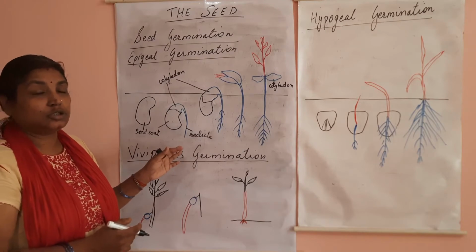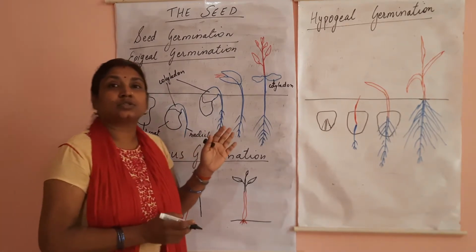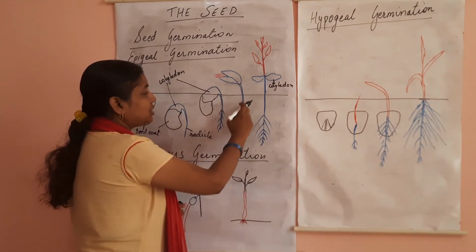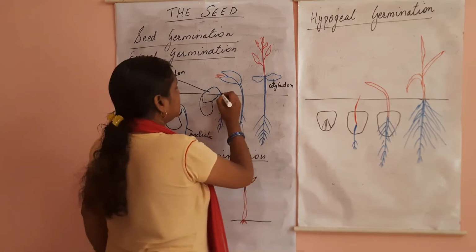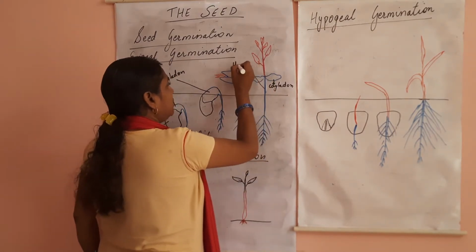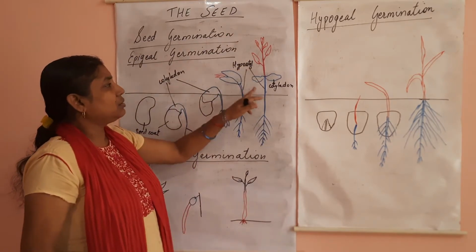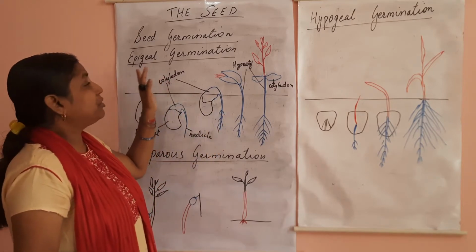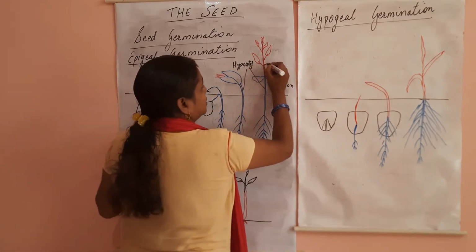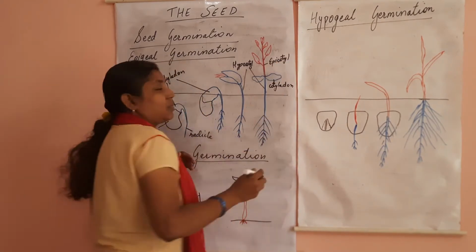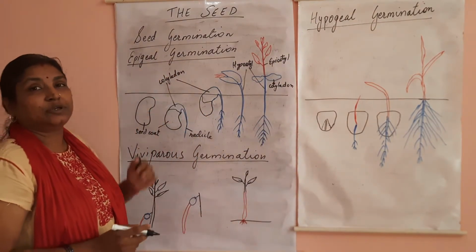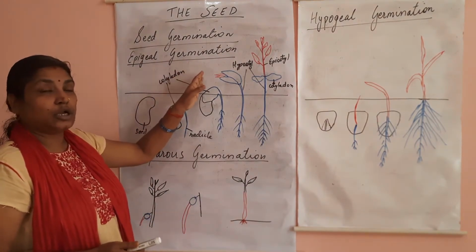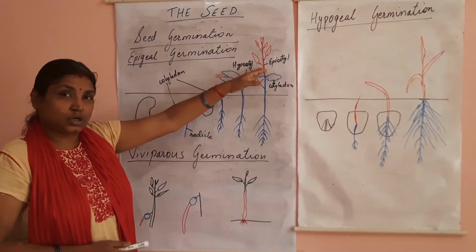As the seed pod ruptures, the hypocotyle starts growing faster than the epicotyle. So this whole part what you see is the hypocotyle. So this and this part, they both are hypocotyle. This grows faster in apical germination and this part is your epicotyle, which grows slower in case of apical germination. So you can say in apical germination, cotyledon is lifted above the soil and epicotyle grows at a slower pace.